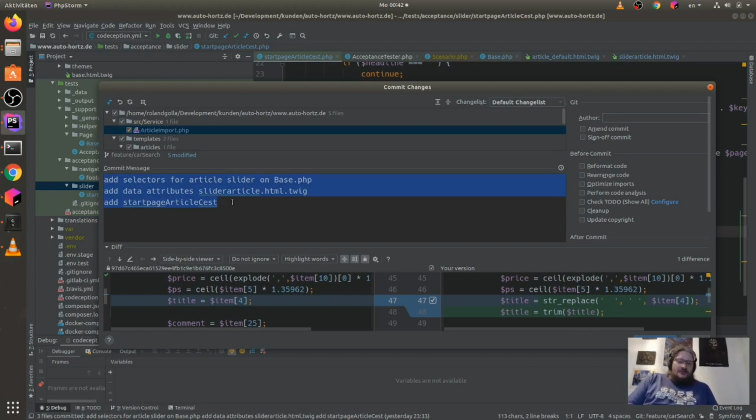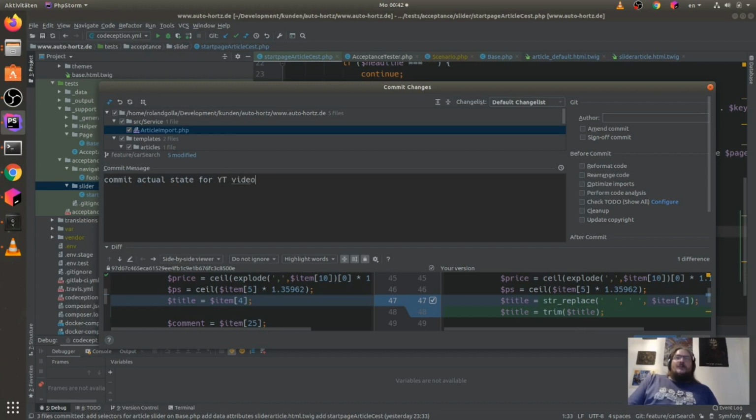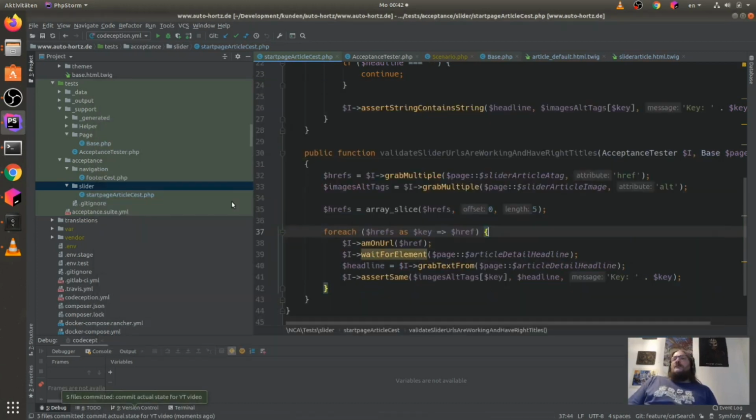And I say just commit actual state for YouTube video here for now, because now we can say, hey, everything for the start page slider works for me. We checked an attribute and we check the full functionality if we can click it, and you can say when there are no items loaded so far.